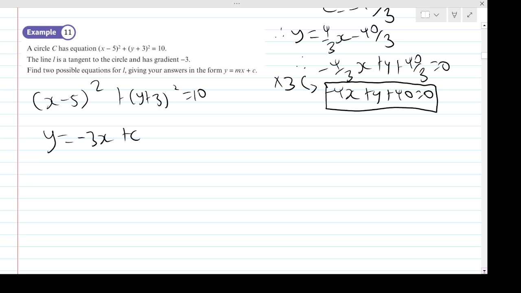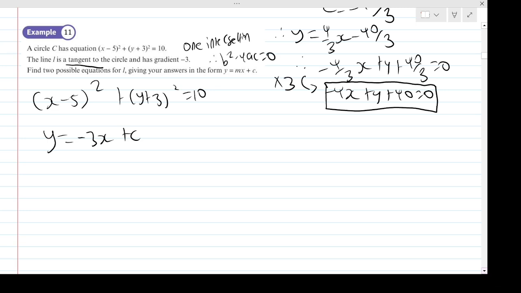We can't work out what c is because we don't know a point on that tangent. So there we are. But we can still work out c because we are told it's a tangent, which means one intersection. And what does that mean? It means the discriminant